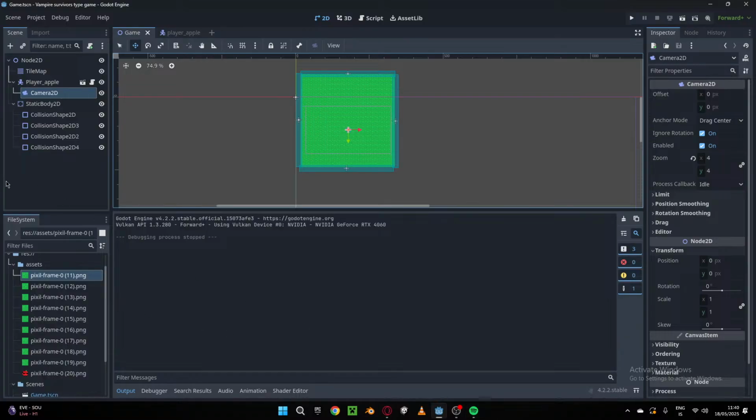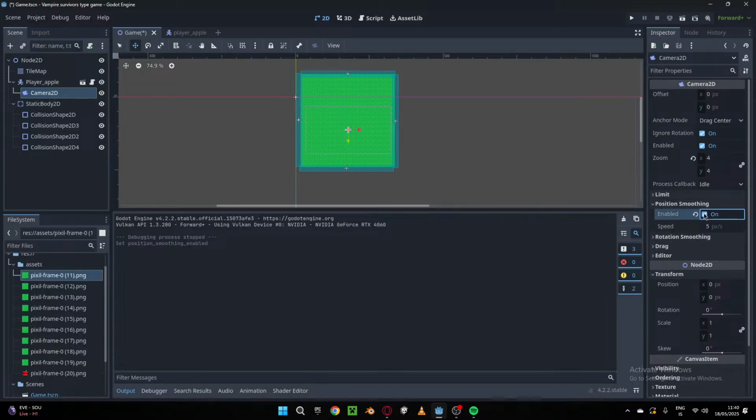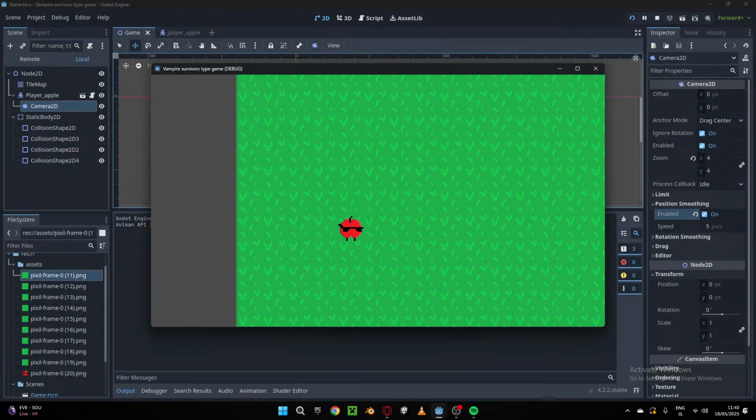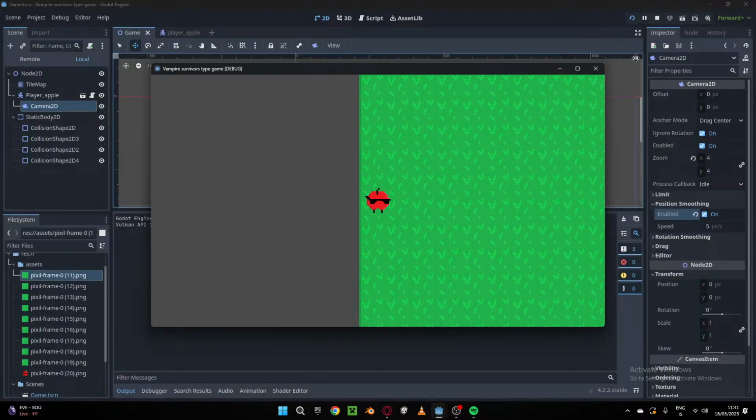You can add some smoothing in the camera. Yeah, I just forgot to do that, I think. Boom. Is it cool now? Oh yeah, it is pretty cool now. I just need to make it